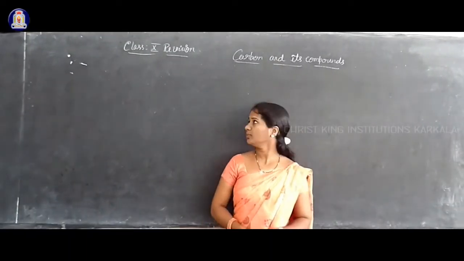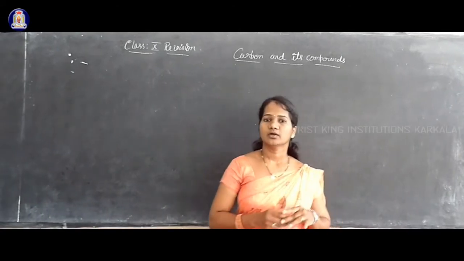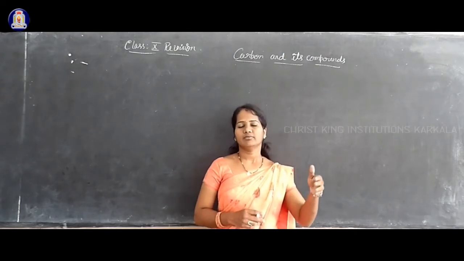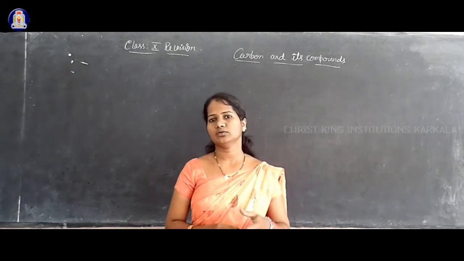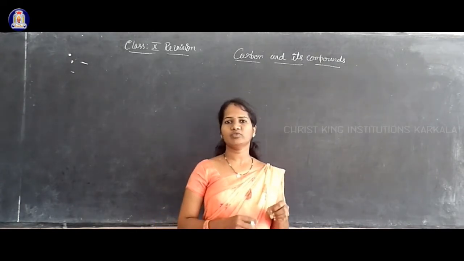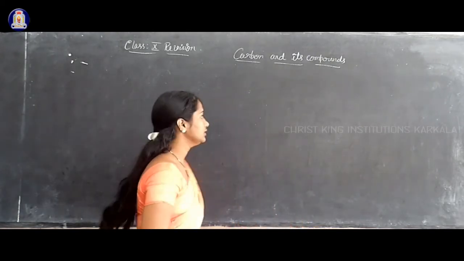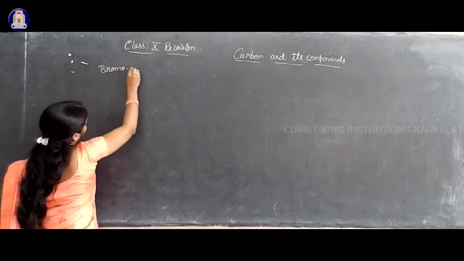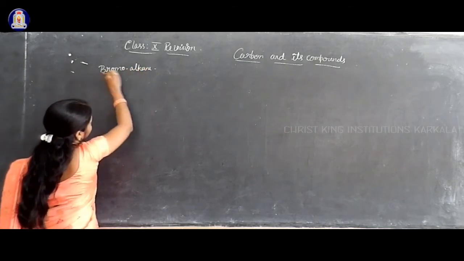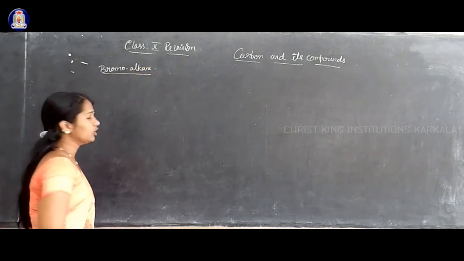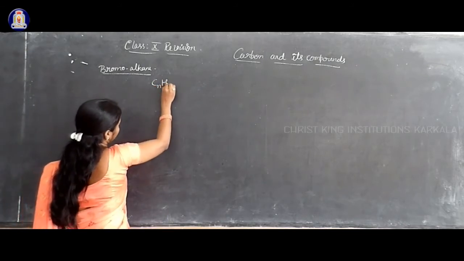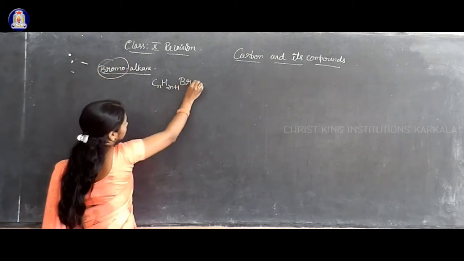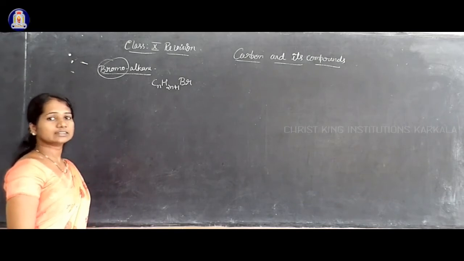Students, we will move to the next compound, the next hydrocarbon derivative, that is the functional group I was discussing. First we have studied chloroalkane. We will go to the next in the same haloalkanes. Now the second one is bromoalkane. If you want to write the general formula of bromoalkane, the general formula is CnH2n+1 and the bromo group we have to add, that is Br. CnH2n+1Br is the general formula.